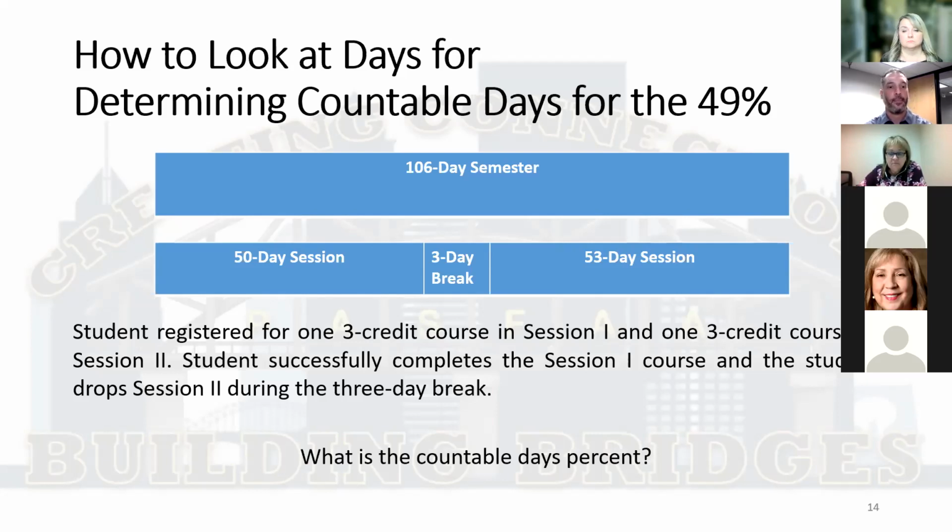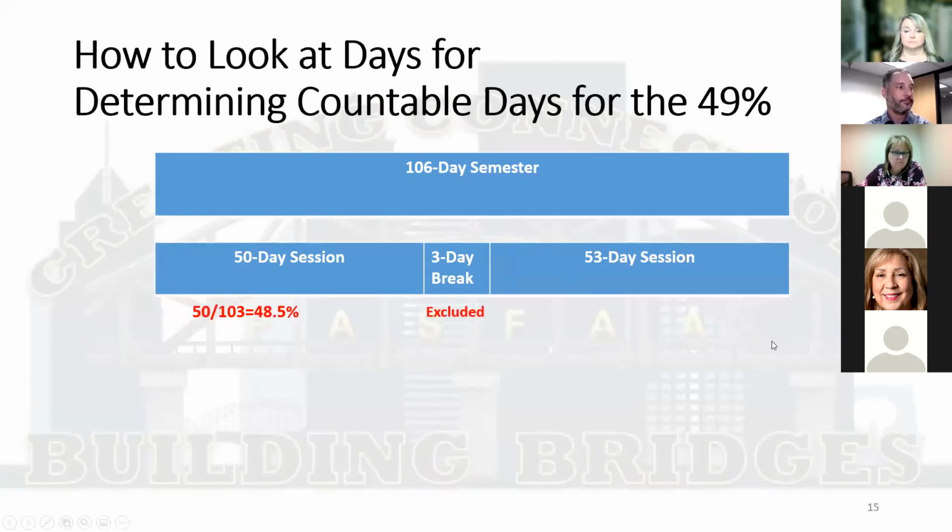106. All right, 106. Let's see if we're correct. So remember what I talked about earlier, because there was that 3-day break. So we have 50 in the first session and 53 in the second. We have to exclude that little break. So we have 103. Because the student successfully completed that first session, it's 50 days over 103,